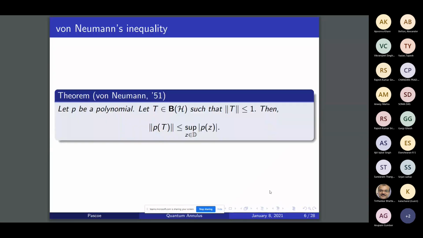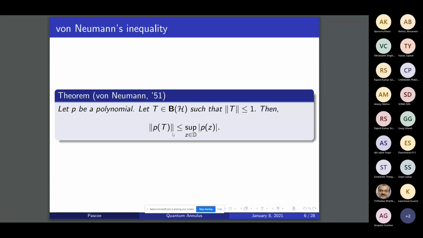So the first thing that we want to talk about is von Neumann's inequality. This was proved by von Neumann in '51. So if I have a polynomial P, and then I have T inside of the bounded operators on a Hilbert space such that it's a contraction, then